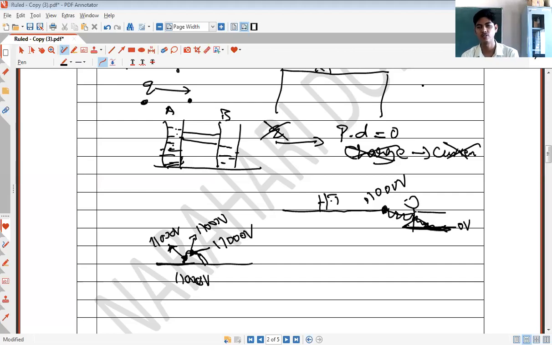Is this clear? Is the idea of equipotential surface clear? What is meant by an equipotential surface? What will be the potential difference between any 2 points on